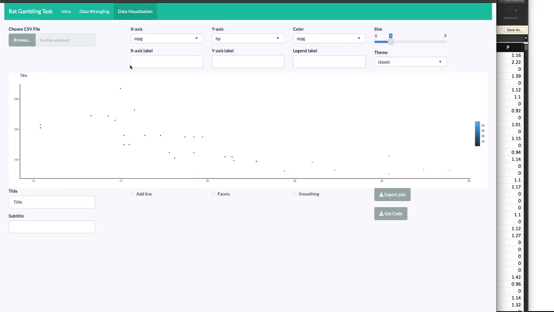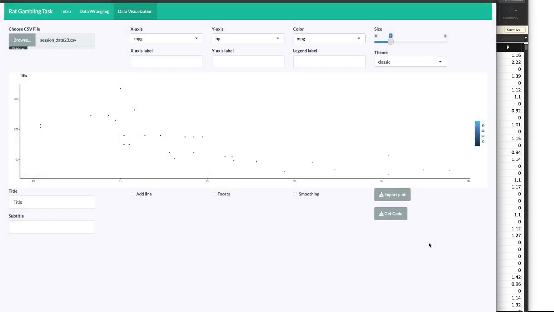Then using the new clean data, you can go to the data visualization tab to create a plot using ggplot2. This was designed with RGT data in mind, but as you can see, it works with other data sets as well. By default, it fires up the mtcars data set. This tab uses the grammar of graphics principle to prompt users to generate the plot. The most important aspects of the graphs will be most prominent for the user, and the other aspects can be added later. So most importantly, you need to add